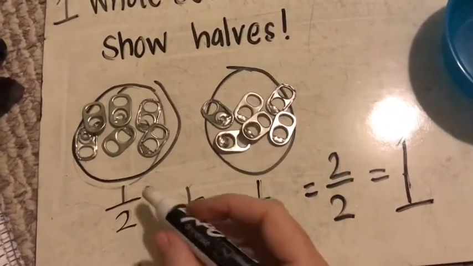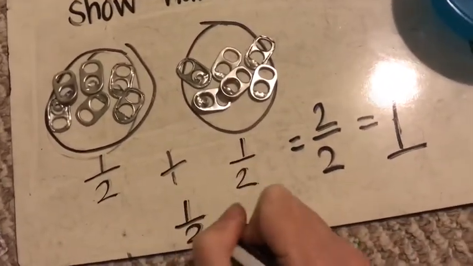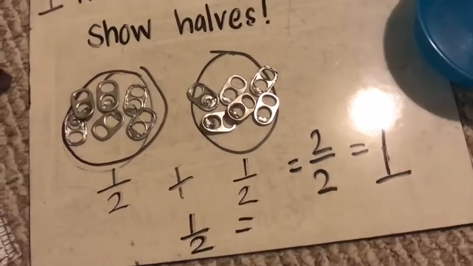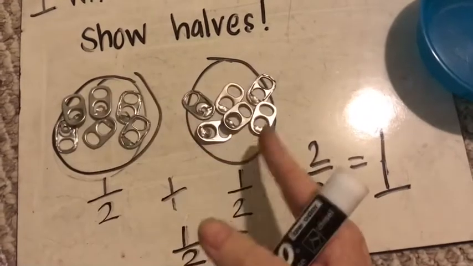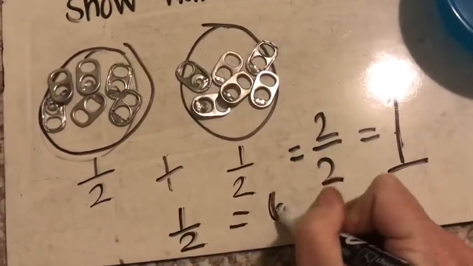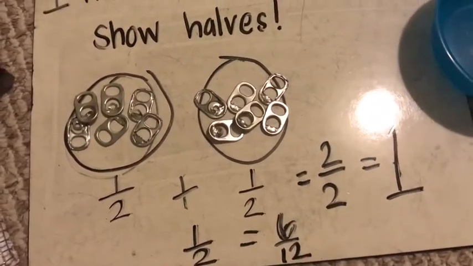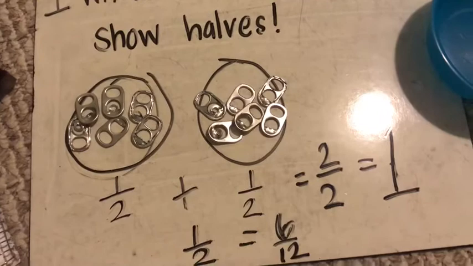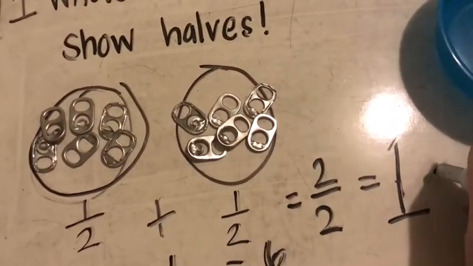Okay, so I know 1/2 is 1 part out of 2 parts, but what else do I also know? What is 1/2 the same as? Well, 6 out of 12, right? So 1/2 is equivalent or equal to 6/12. Isn't that cool? And if I wanted to think about an equivalence for 1 whole, I could think about